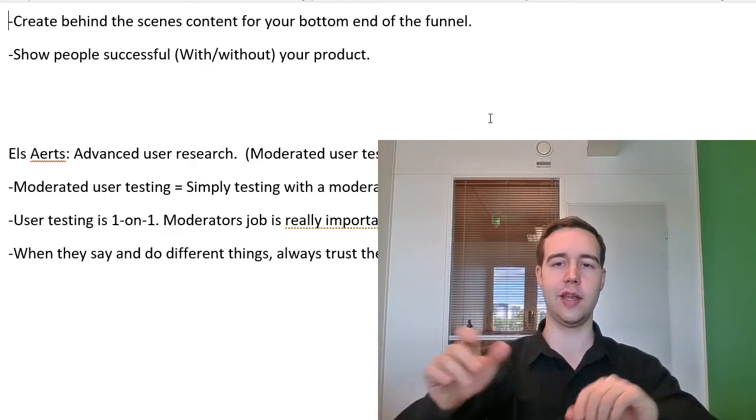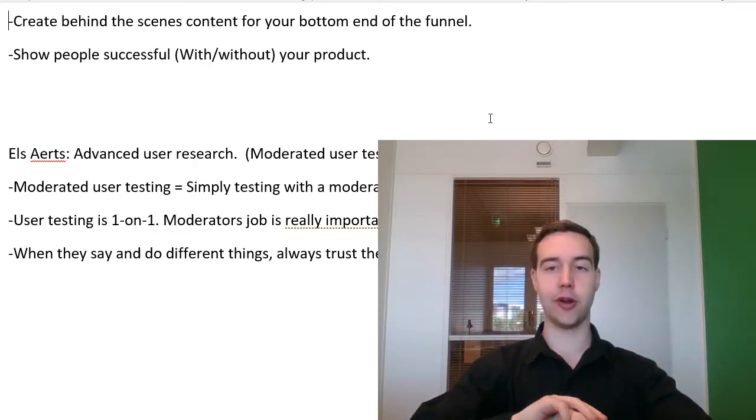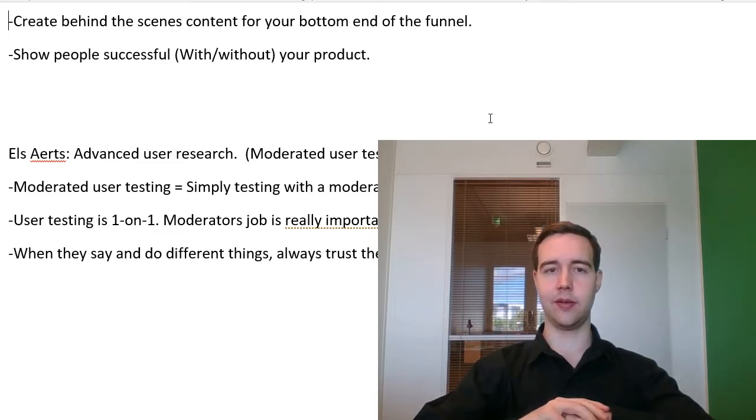So I would go ahead and film a client meeting or something like that, film how I work around. That would be behind the scenes content for this channel. And you're bonding that last relationship with the client, making them understand you. The reason why this is the bottom end of the funnel content is that people on the front end don't really care about that yet. So nobody cares about you until they have seen the value.